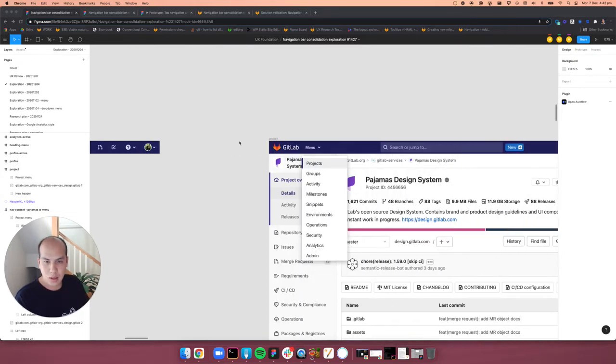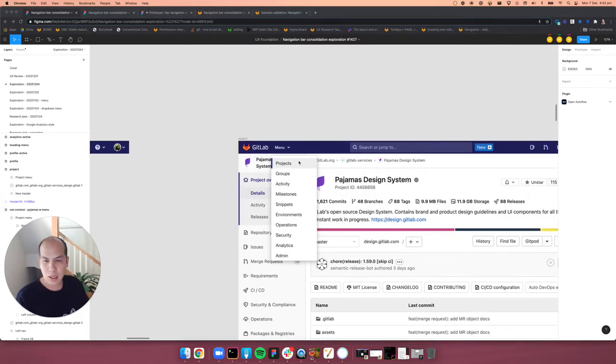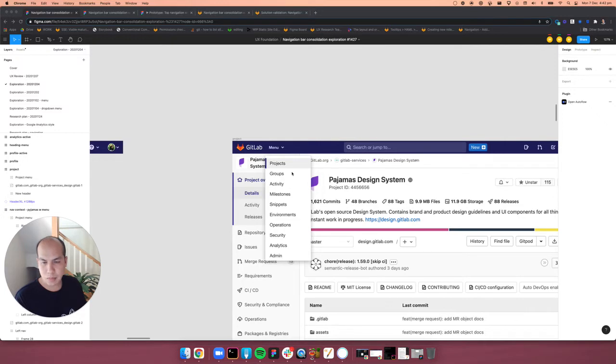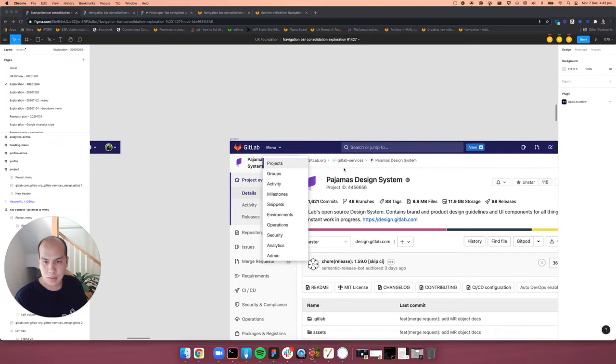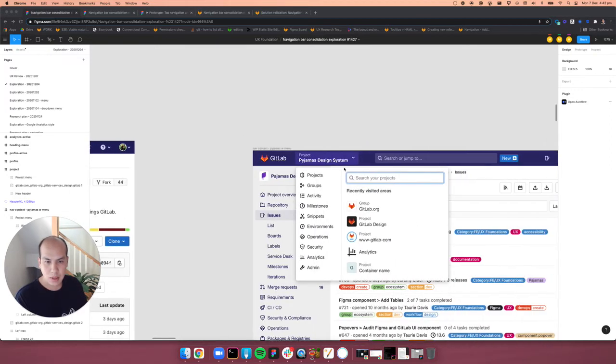Initially, the simple action here would be to consolidate all the items that were previously in more and just join it underneath this menu. But what we lose out here is the existing functionality around searching projects and a list of frequently visited projects. Iterating from that, a few weeks ago, we landed on this iteration of the designs